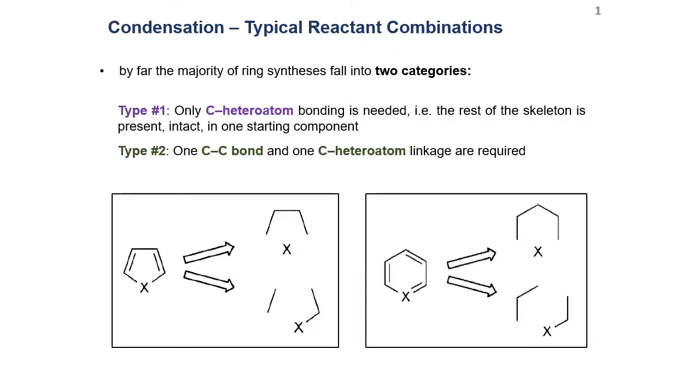When you use condensation reactions to synthesize heteroaromatic rings, you can divide them into two categories. The first type is when you use heteroatoms to form both carbon-heteroatom bonds that lead to the ring. This occurs with both 5-membered rings and 6-membered rings. Another type is when you need one C-heteroatom bond formation and one C-C bond formation to